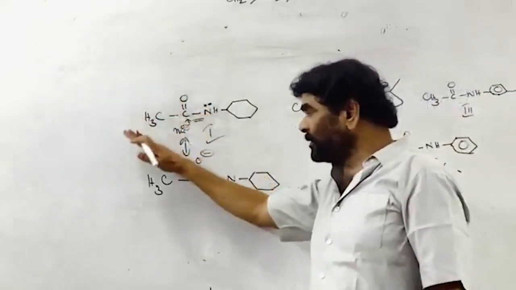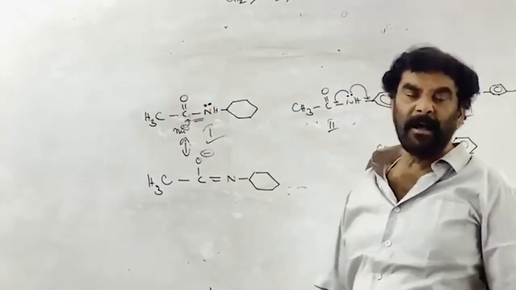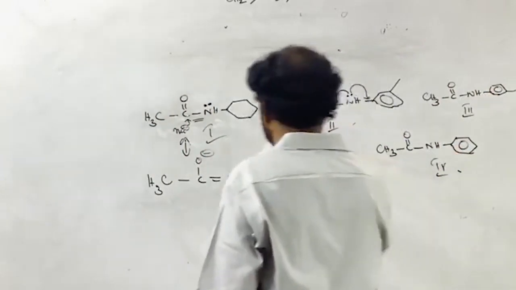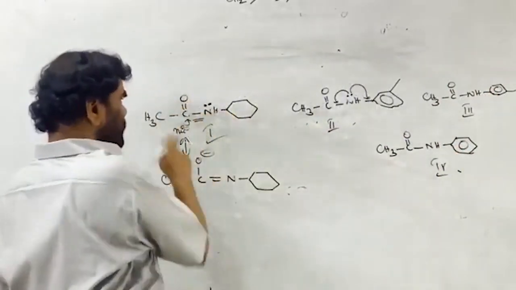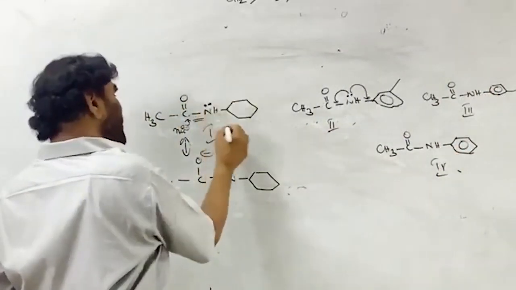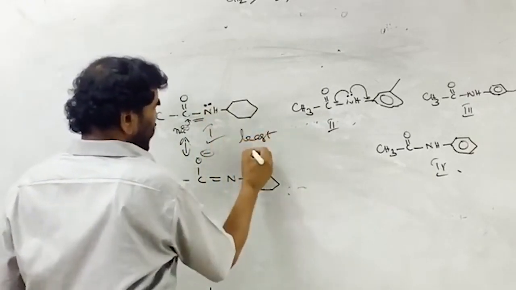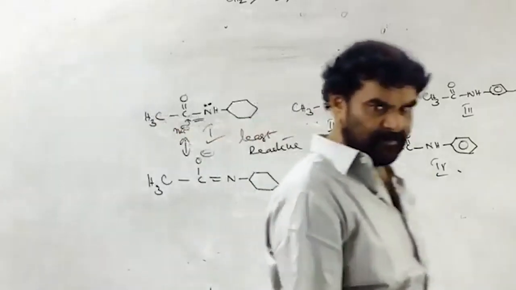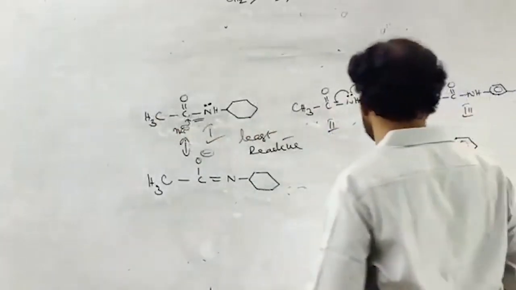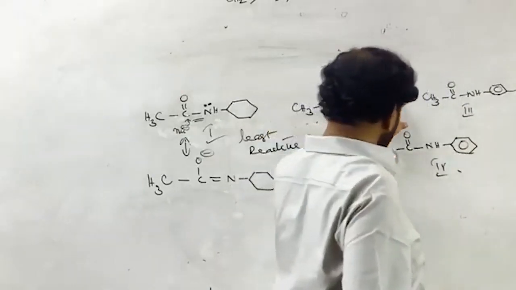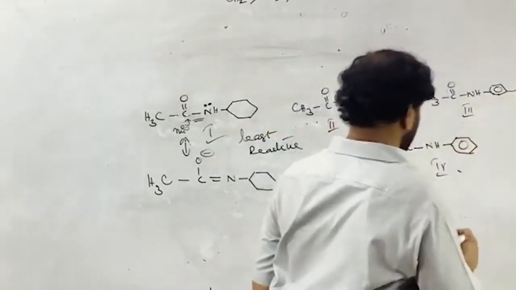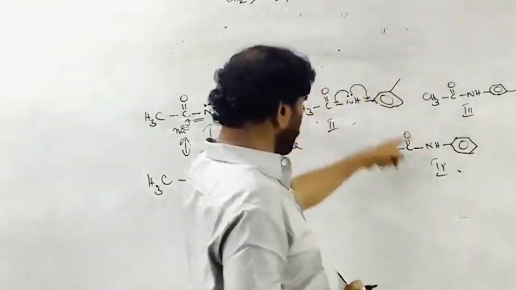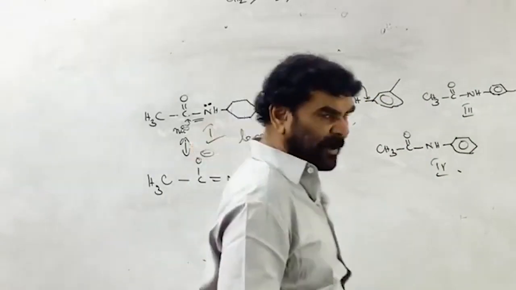Therefore, as the positive charge on this carbon decreases, the rate of hydrolysis decreases. Among these, there is a benzene ring, benzene ring, benzene ring. Know this thing: it is only dedicated to this one. Therefore, this is least reactive. This is the least reactive among the 4. Right? And next, let us see. Here there is a methyl, methyl, methyl, and one with no methyl group. Next, 3 or 2, 3, 4 are more reactive than this one for hydrolysis.